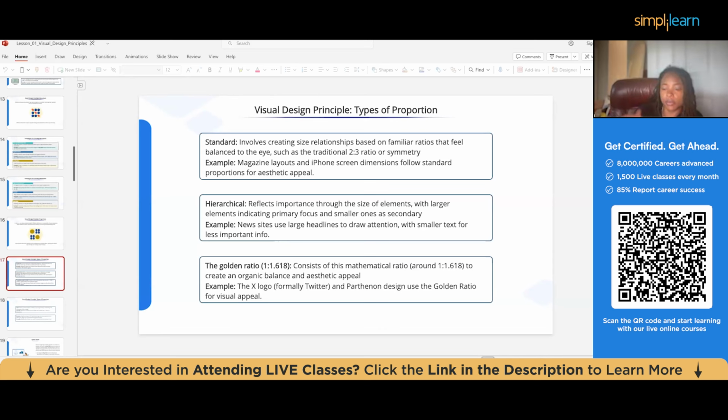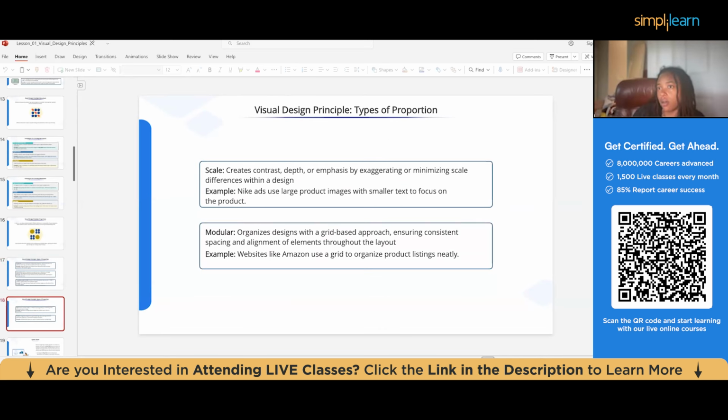for visual appeal. And then as far as scale, scale creates contrast, depth, and emphasis by exaggerating or minimizing scale differences within a design. For example, Nike ads use large product images with smaller text to focus on the product. Modular organizes designs with a grid-based approach, ensuring consistent spacing and alignment of elements throughout the layout. For example, websites like Amazon use a grid to organize